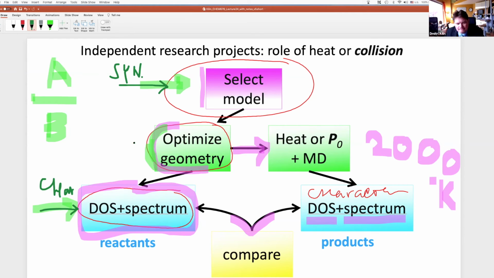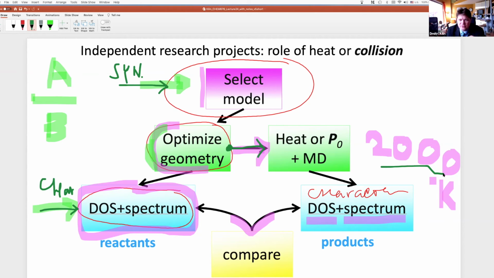Now, after you have your model in optimized geometry, you create a new directory and heat it to a temperature that you design based on your scientific intuition. If you have no idea what to do, try something ambitious, a little bit higher than room temperature, or substantially higher, because then you see some interesting dynamics. But you may try different temperatures. So remember, for VASP, create a new directory for each new calculation. Otherwise, VASP will